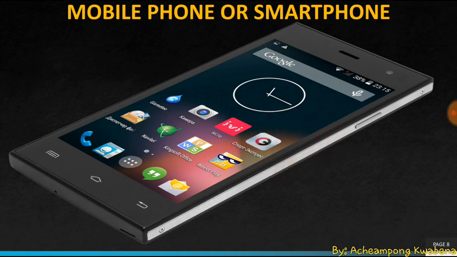It accepts data, processes the data, stores data, and gives out information on its screen. Whenever you type in something on the smartphone or mobile phone, it will accept that data, work on it, store some in its memory, and give you the information on its screen. So a smartphone is also an example of a computer.